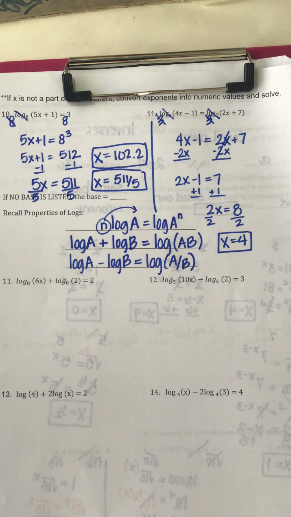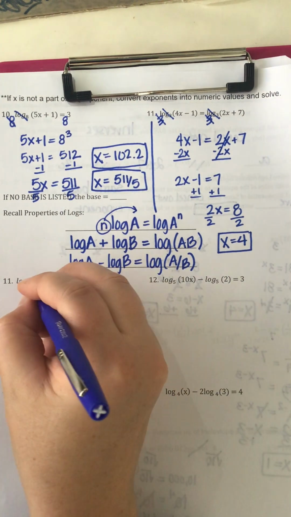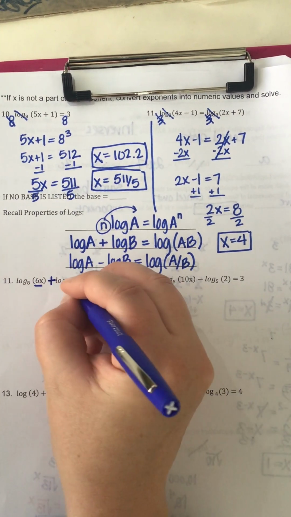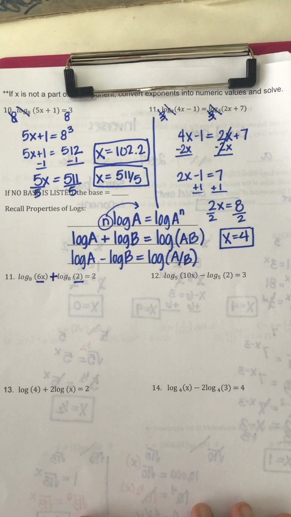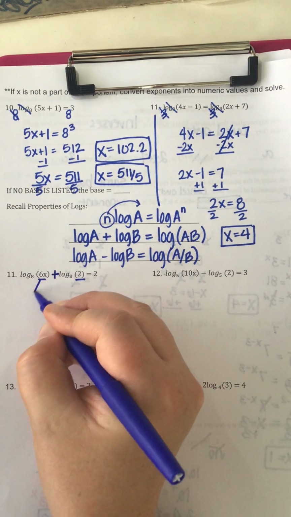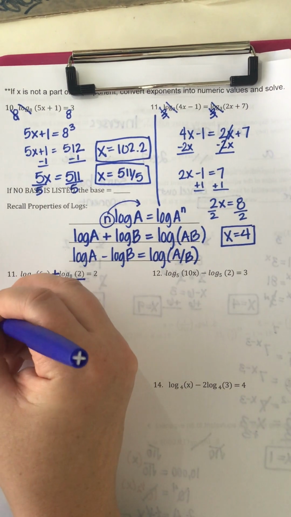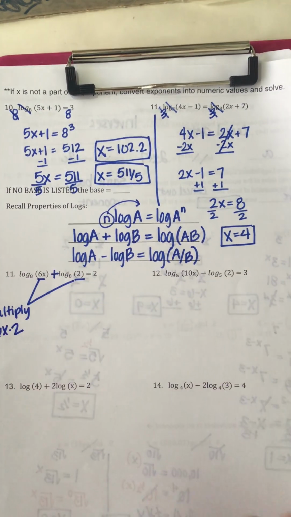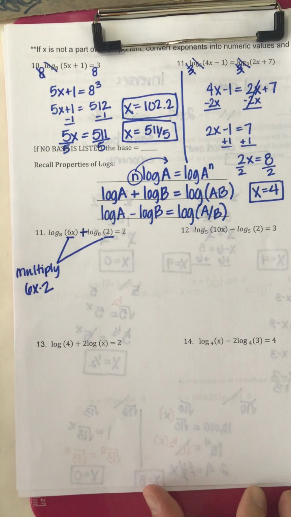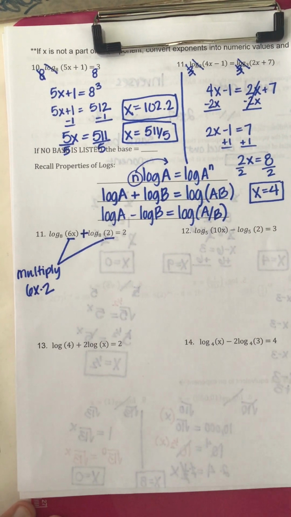So take a look at number 11. I have 2 logs and I can't get rid of them until they're combined. So if it's a log 6x plus a log 2, how can I combine those? Will I use multiplication or division? Okay, can you tell me if I multiply 6x times 2, what am I going to get? 12x, that's right. So now I have just one log of 12x